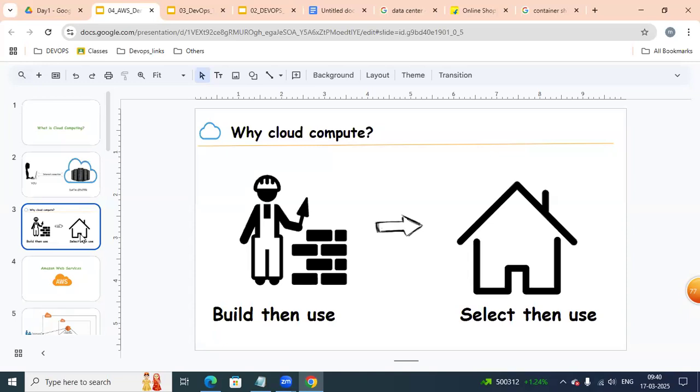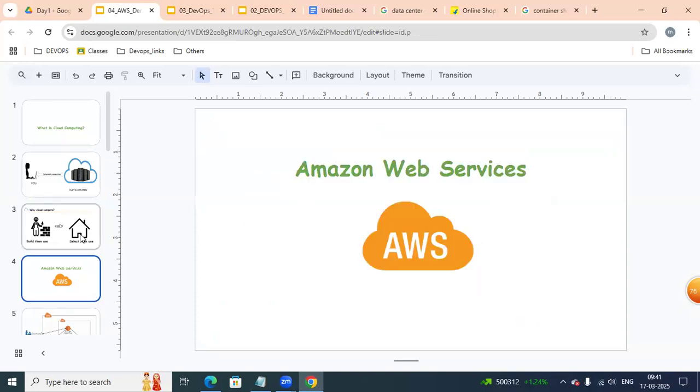Let us understand with an example. If you want to go to the railway station by car, how many ways can we get a car? Either by buying a car or a rental car. Which is easy? Buying a new car just for reaching the railway station? No, it is a huge cost and getting a car is not easy. But with a rental car, book an Ola or Uber, within 10 minutes the car is available at your doorstep. Reaching the railway station, whatever the tariff, you need to pay it. The same way, instead of buying and maintaining your own servers, get rental servers from cloud, and whatever the tariff, you need to pay it.